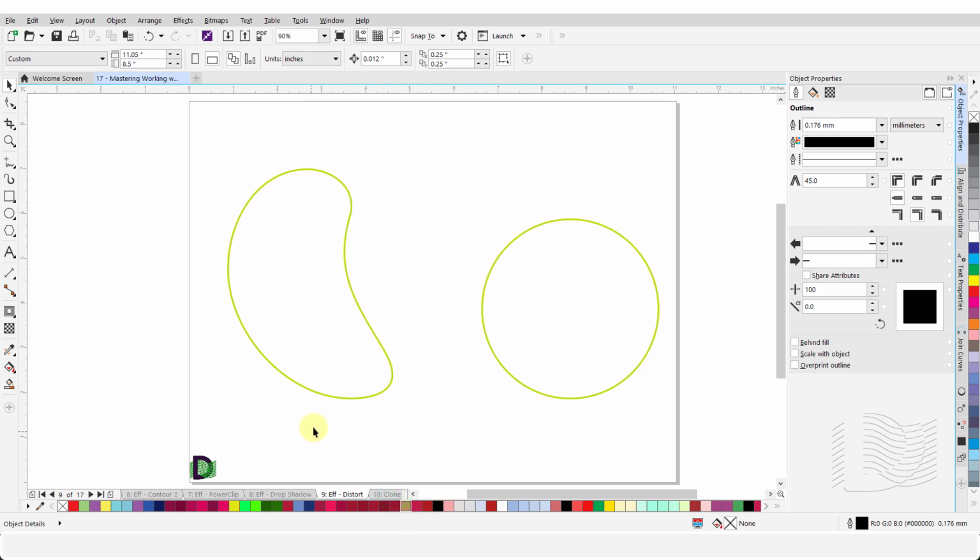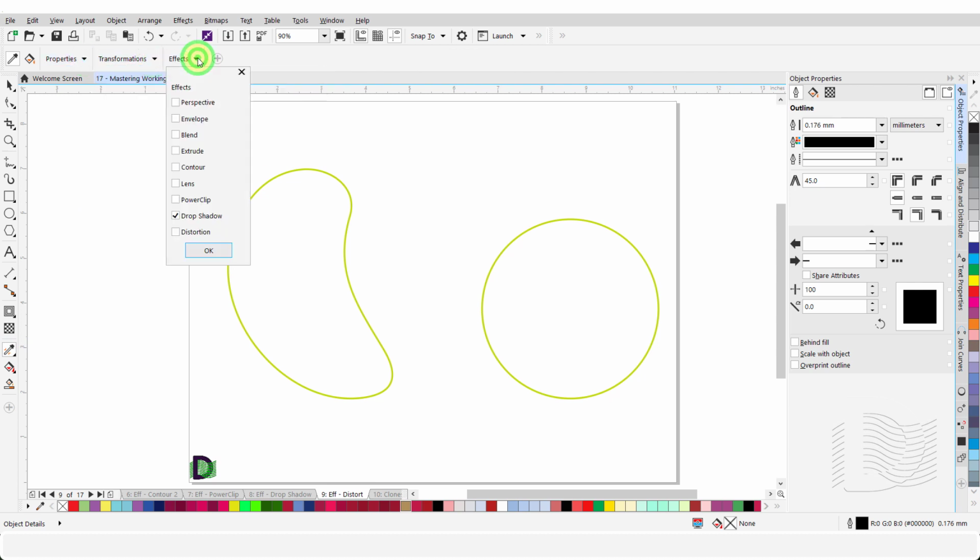Here again, I have two objects on this page. The object on the left was in fact a circle. Using the Distort tool, the circle was altered to the present shape. I want to copy its attributes and apply them to the object on the right. Select the Attributes Eyedropper and make sure there are no check marks under the Properties and the Transformations groups.